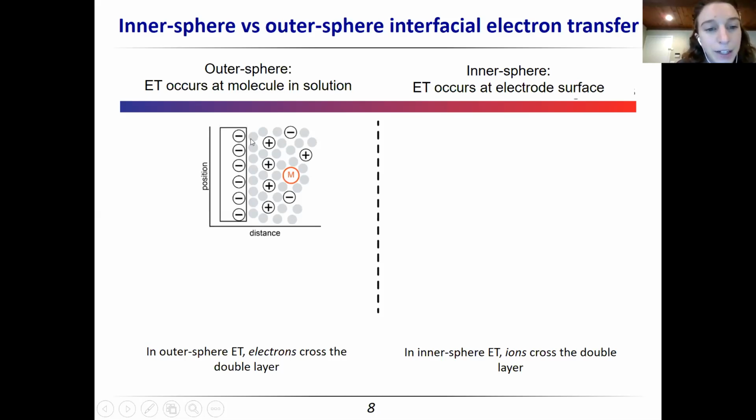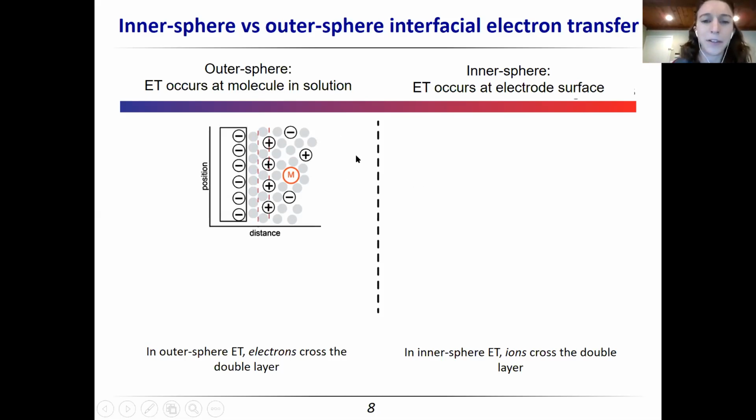So in this diagram, you can see I've drawn these negative charges here at one side of our rectangle representing the electrode. So this is a negatively charged electrode. When I polarize negatively, I'm going to bring the positively charged ions in the electrolyte, these cations, up close to the electrode surface. And I can delineate this region of charge buildup next to the electrode surface. This is called the electrical double layer.